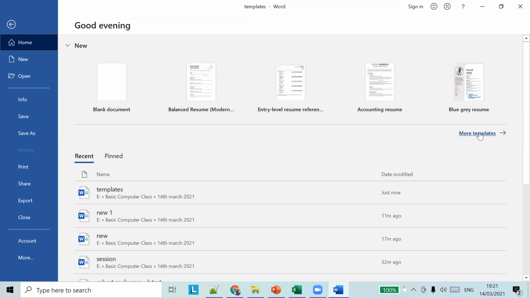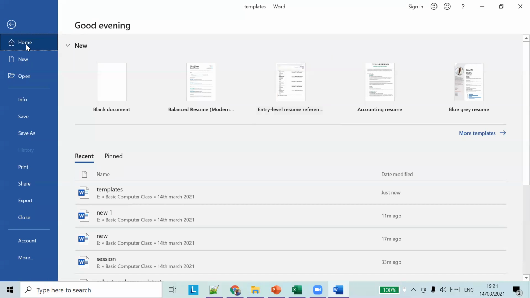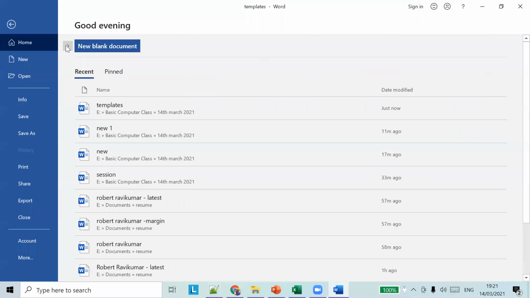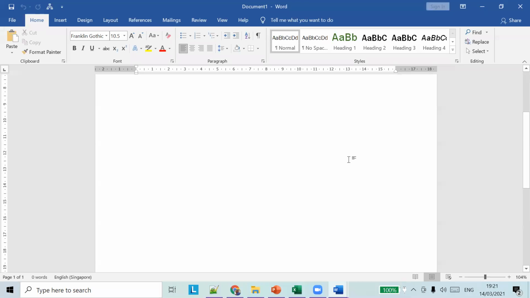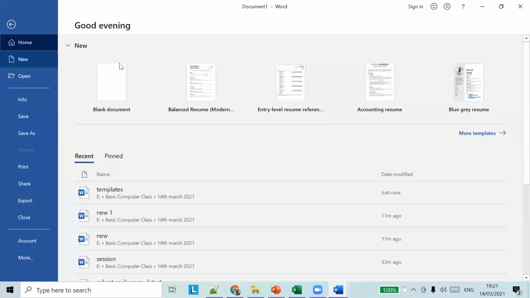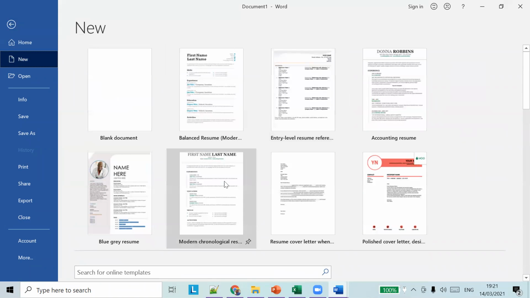Go to File and go to Home, and you should see a lot of templates. Usually what we do is create a blank document. A blank document doesn't have any styles or predefined things to it. So we can choose some templates that are already pre-filled.